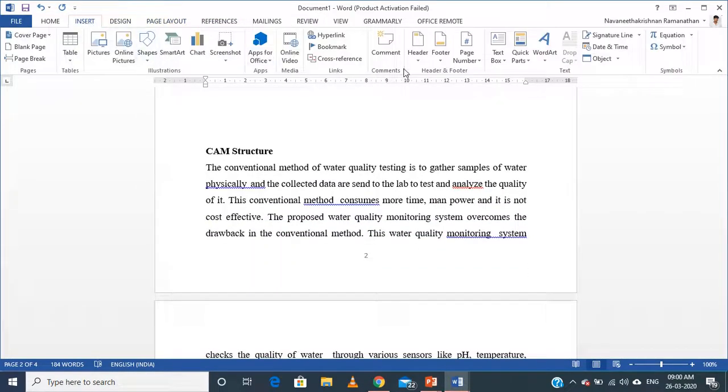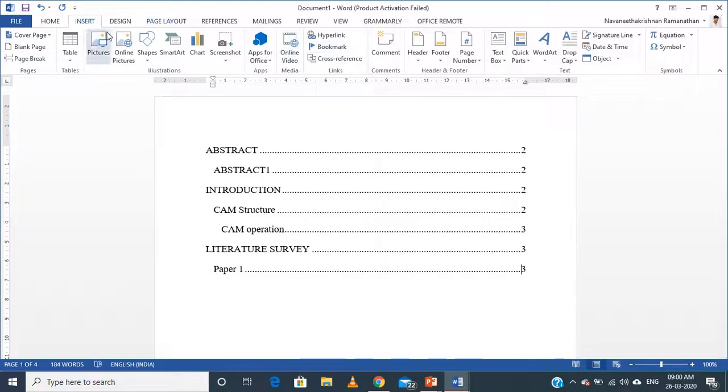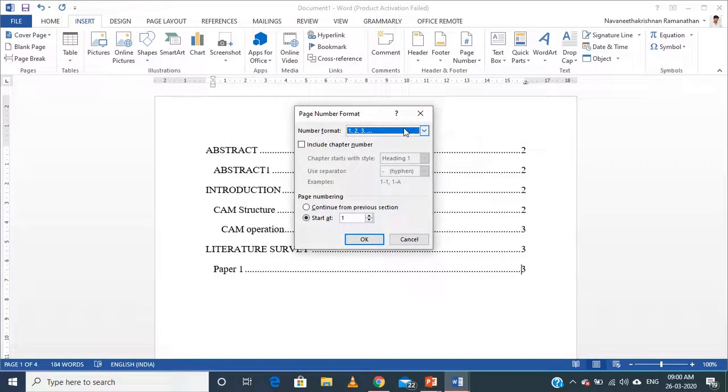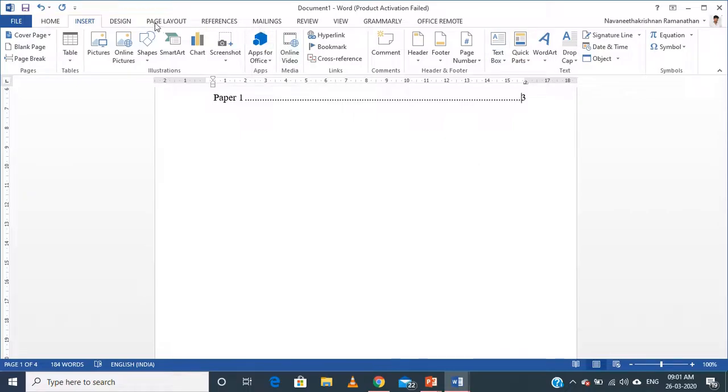So first I will remove the page number. As you all know how to give the page numbers, go to insert page number, set up the format, as we will be having the abstract and all those things in the beginning. So first we need to give the page numbers with Roman letters. So we will start with Roman letters, set up the format, and go to bottom of the page, center.